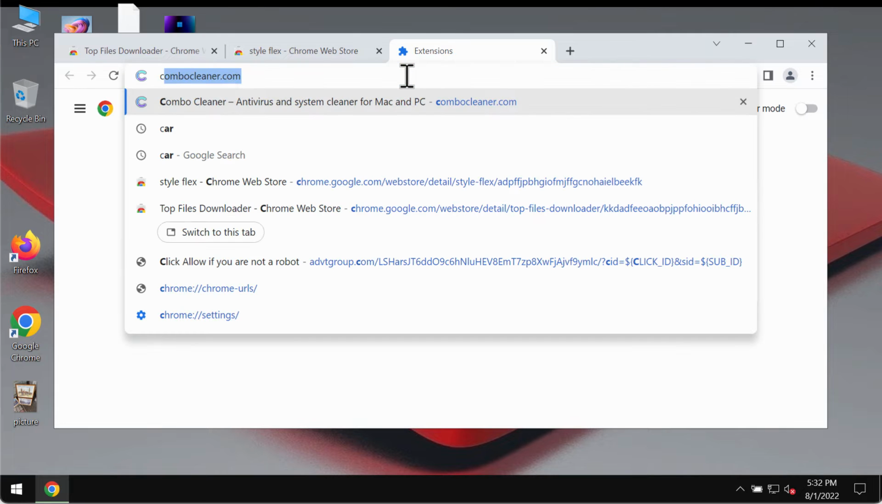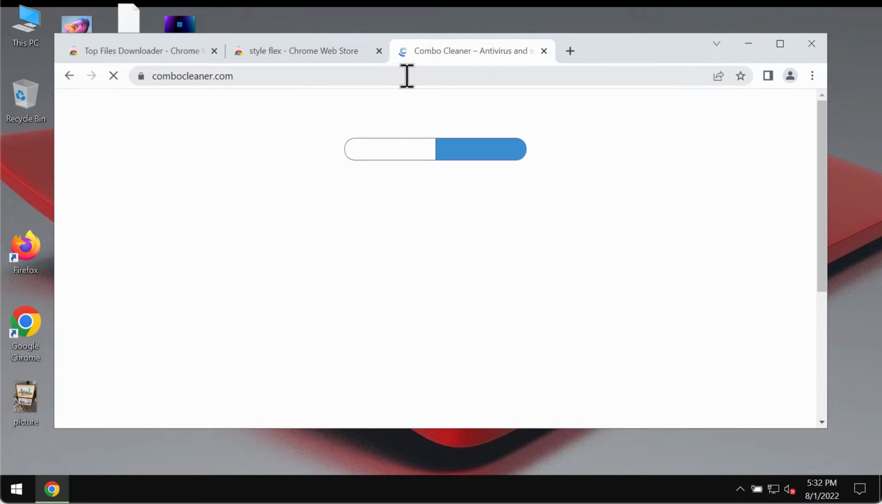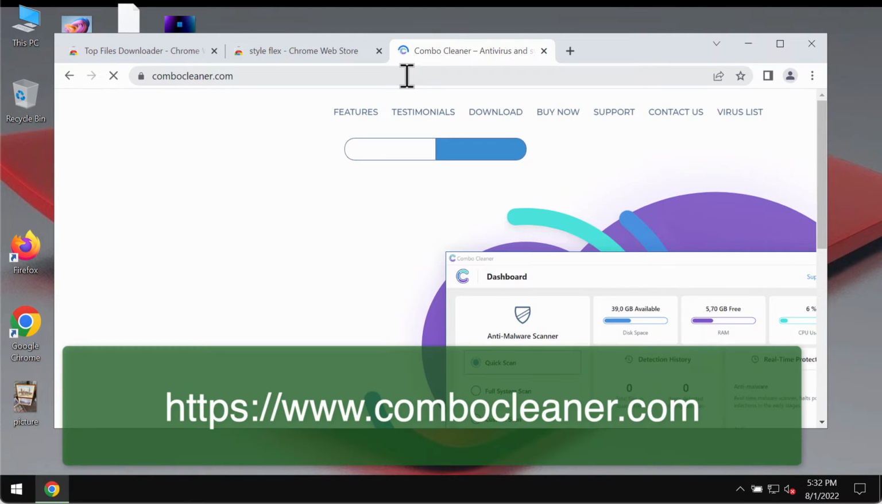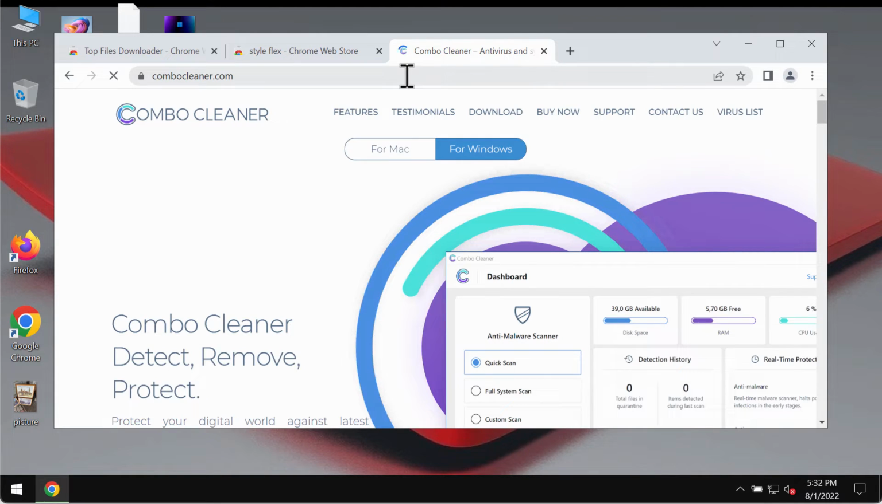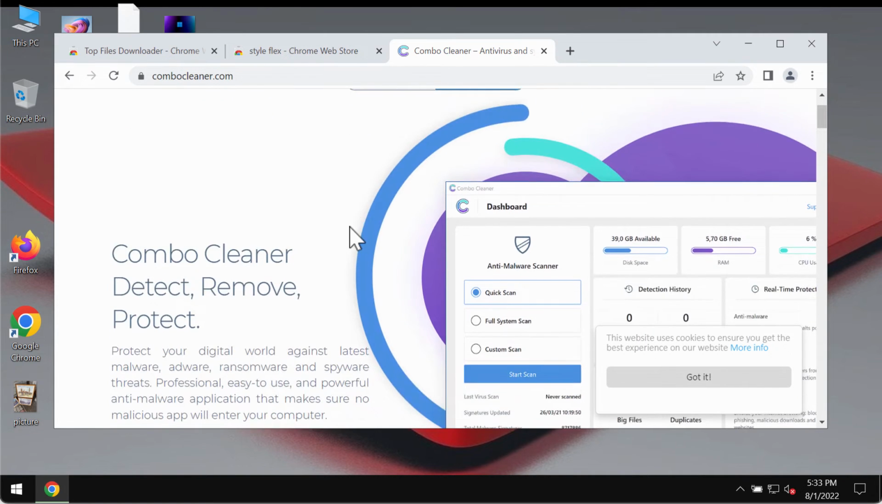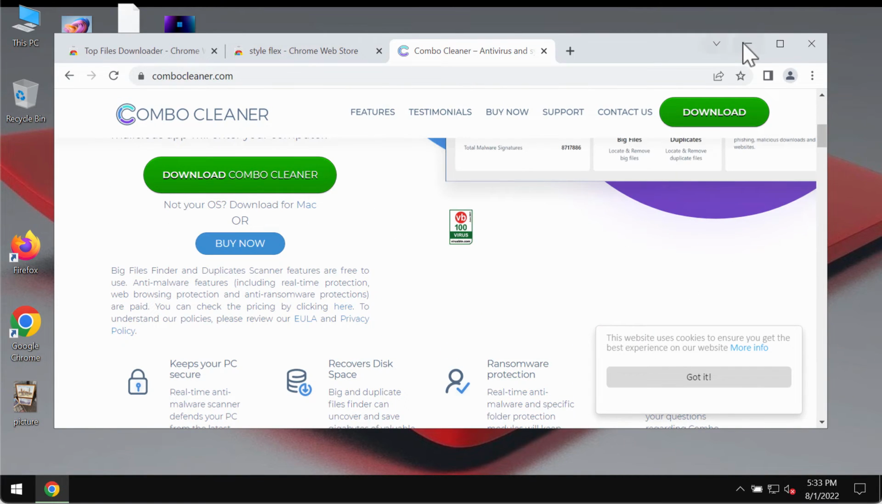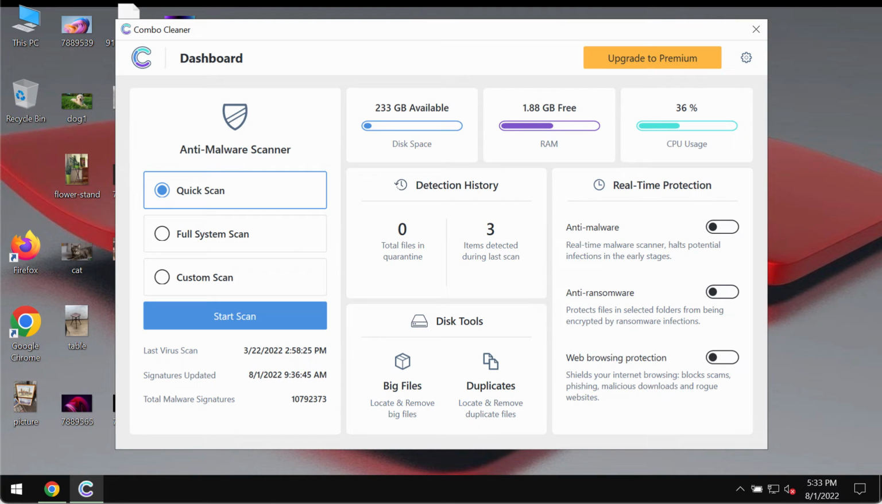To make sure that your system is free of other hidden threats, I recommend researching it with Combo Cleaner Antivirus. Please get it on the page combocleaner.com. Use this special green download button, install the program, and begin researching your system to detect and delete other threats